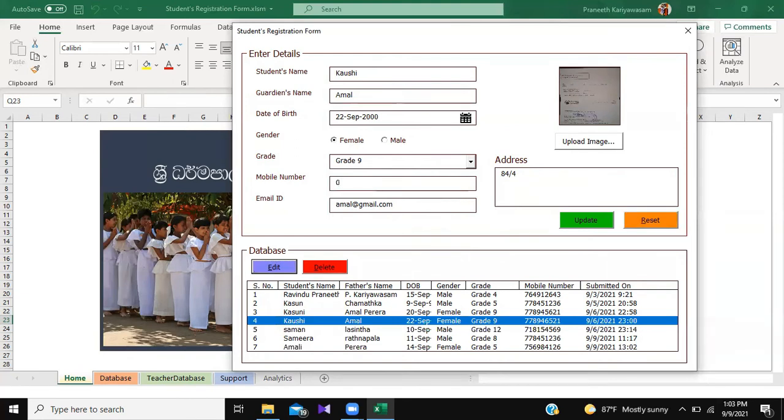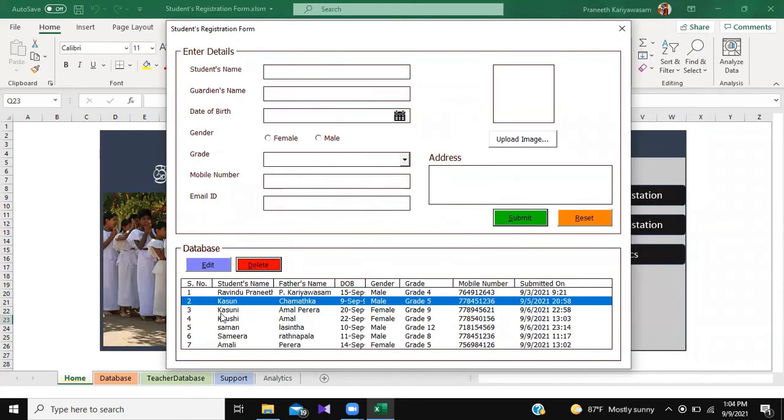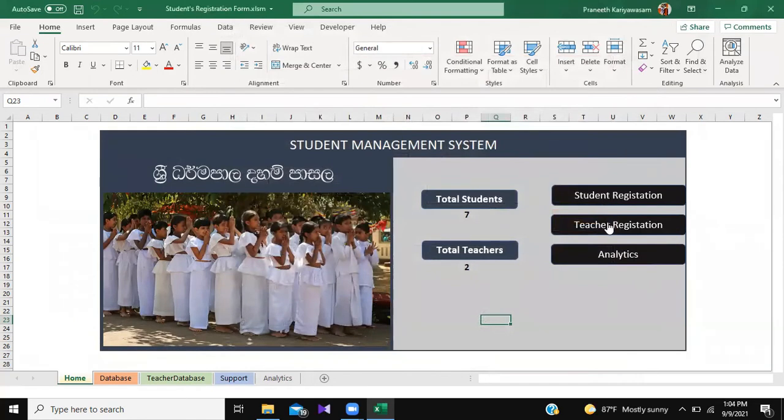I'm changing the phone number, and now I'm going to update those data. Yes, so all the data is updated here with the respective updates. So likewise, we can do the main CRUD operations using this form. So now I am closing this form for a while, and now I'm going to add a teacher to the